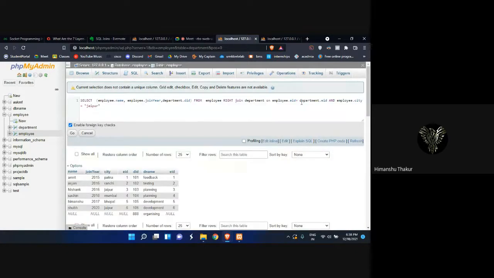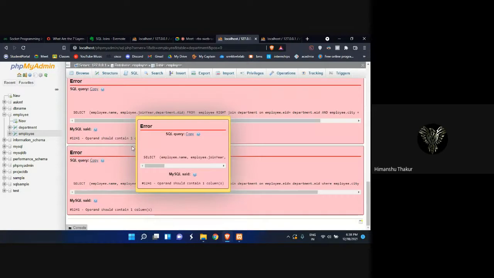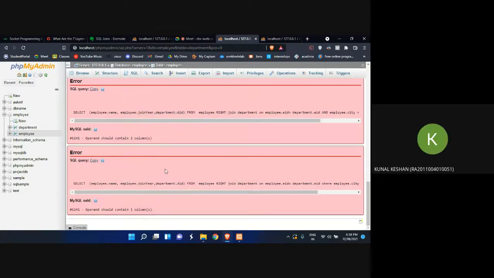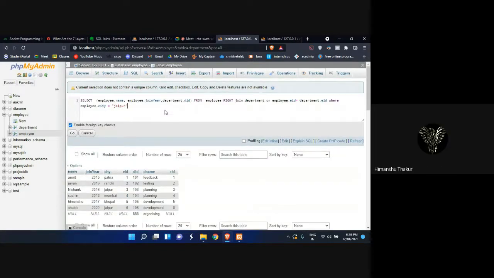Contain one column. Maybe try a where condition because I mean, try that. Open one. But okay, I guess something else is the issue.